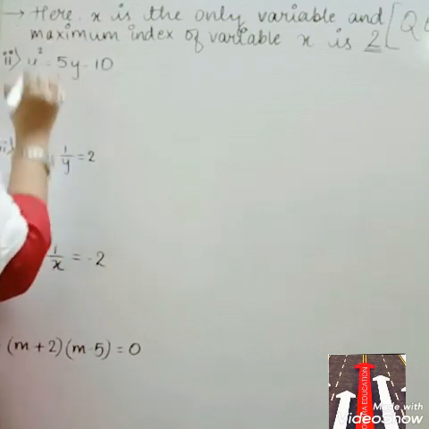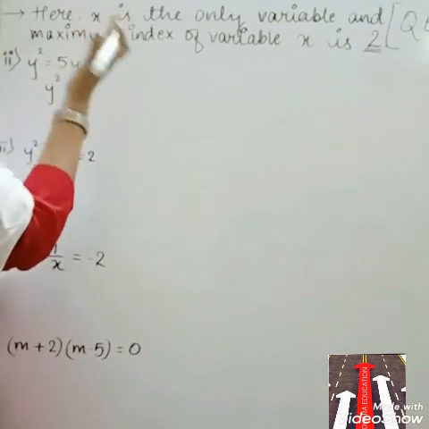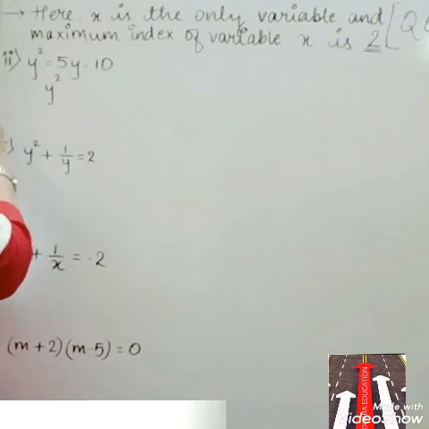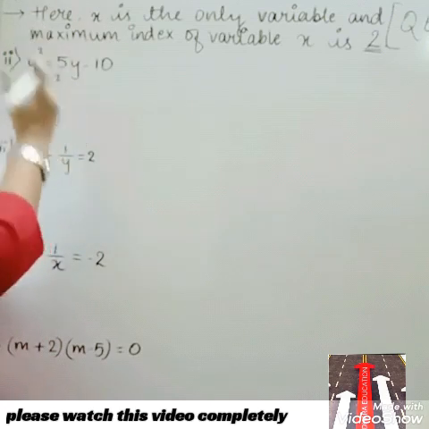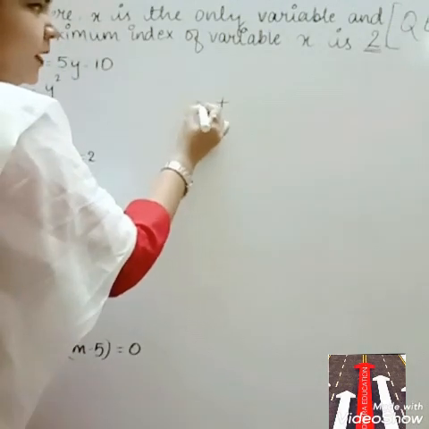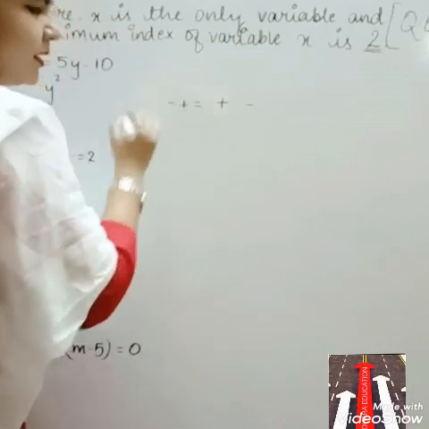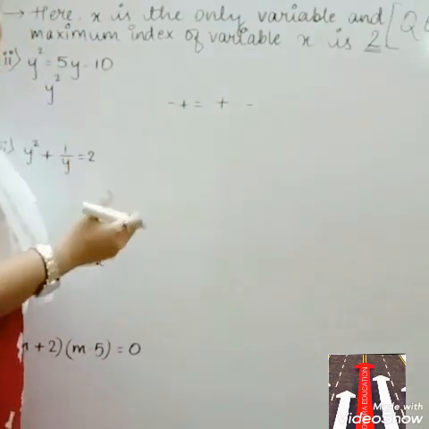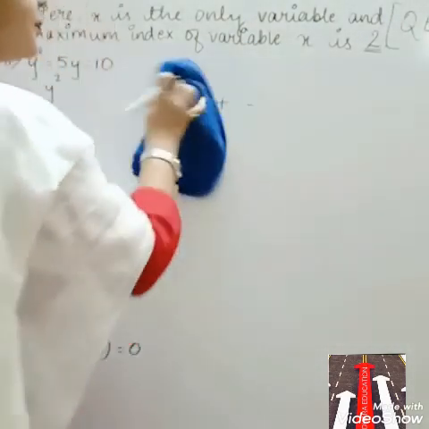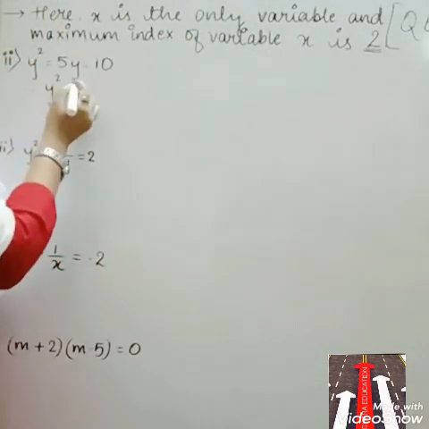Y square, as this is a left hand side and this is a right hand side. So when we shift all the right hand side to the left hand side, the sign will change. If it is a plus, it will be a minus. If it is minus, then it will come on the left hand side as plus. As you know, so here we will continue.